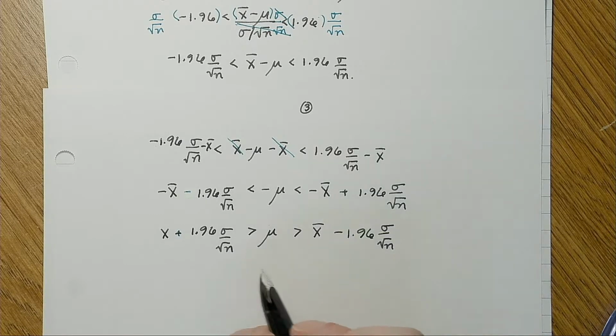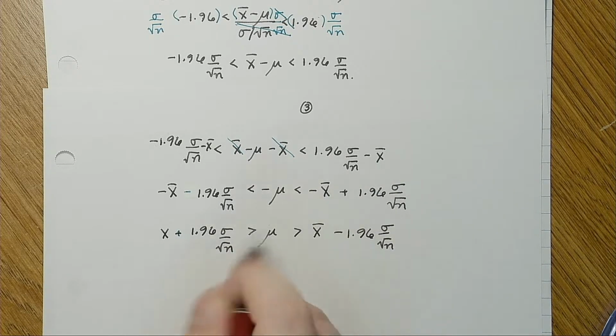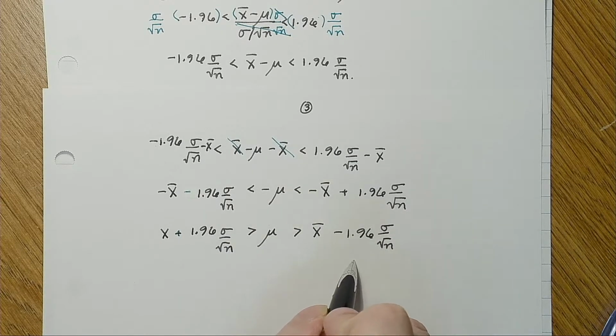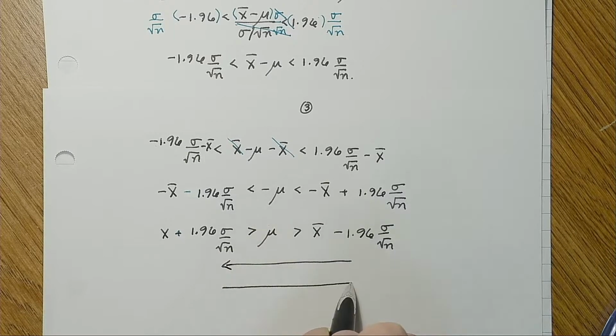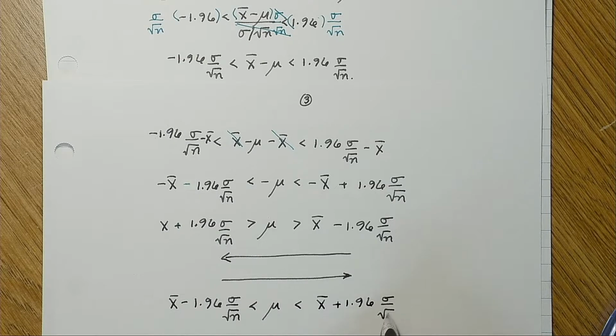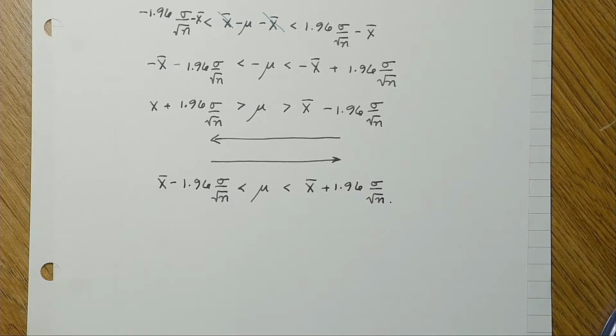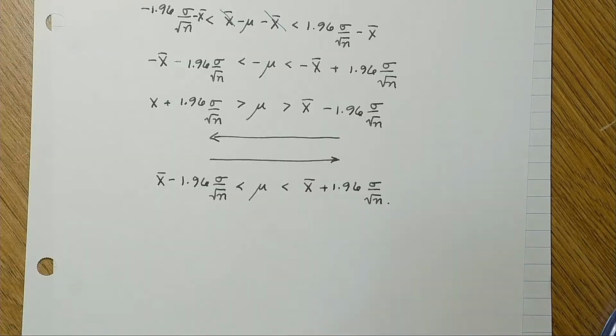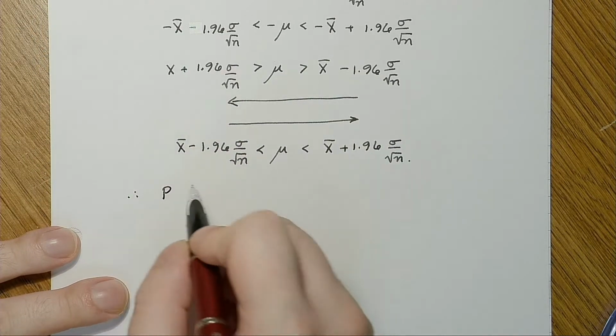And then I'm just going to flip it and write it the other way, because I want it to go in this direction. So I'll write x bar minus 1.96 sigma over the square root of n is less than mu is less than x bar plus 1.96 sigma over square root of n. Okay, so that's what we want, and I'll put this back up into here, which was the probability of it being within that interval. So therefore, the probability